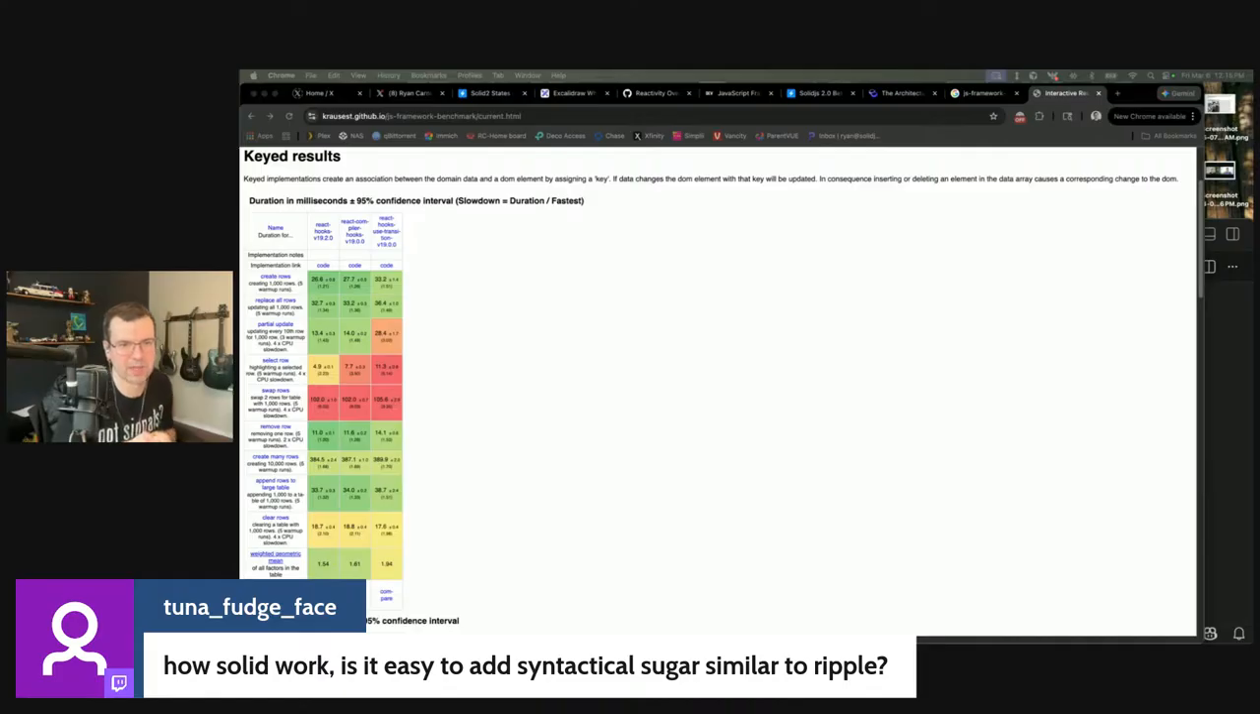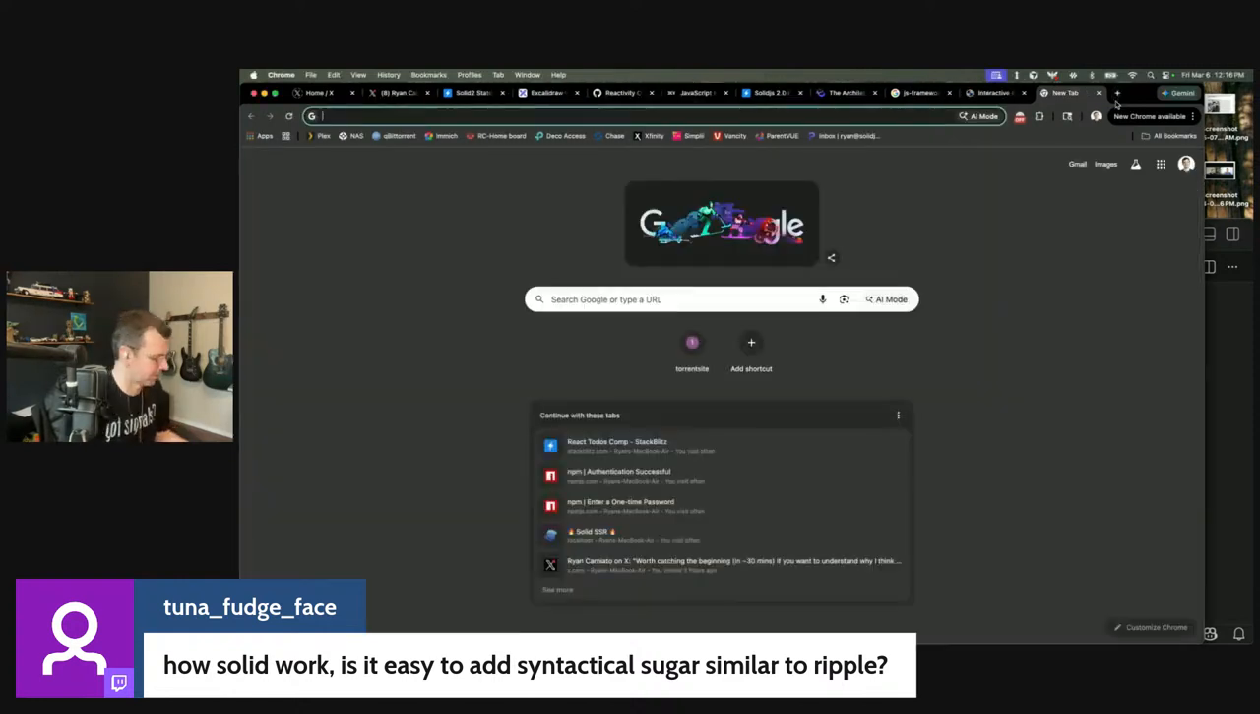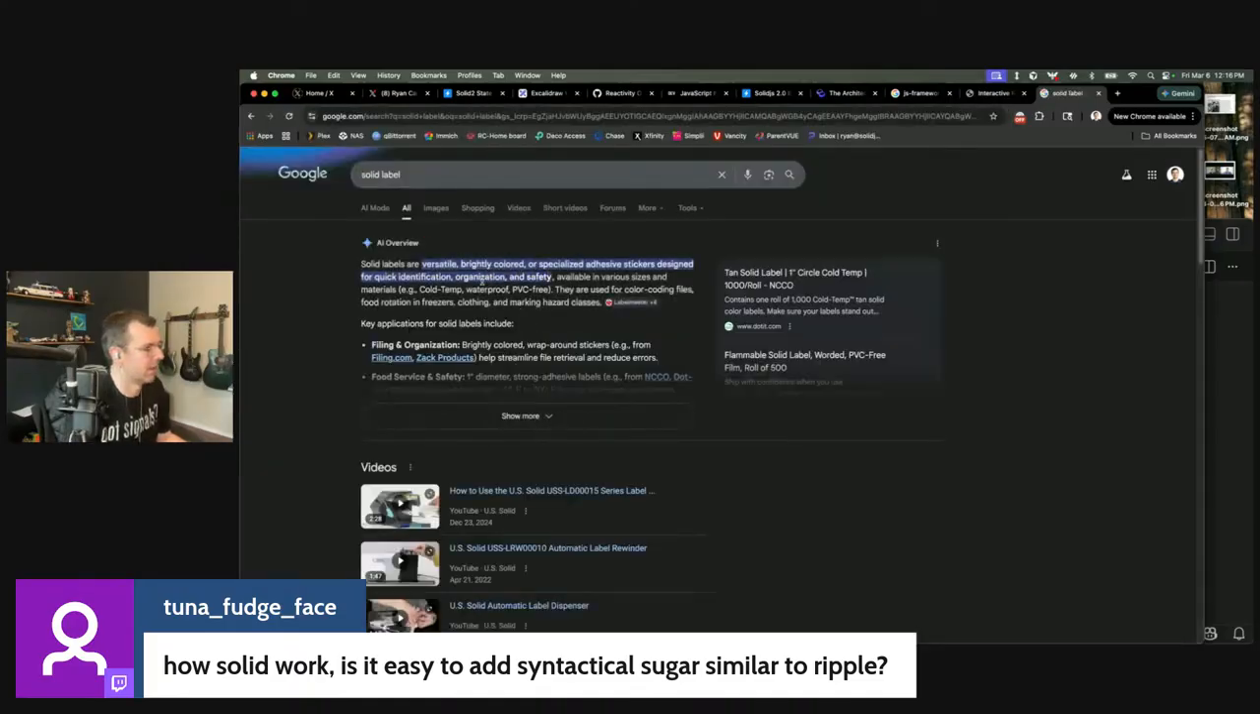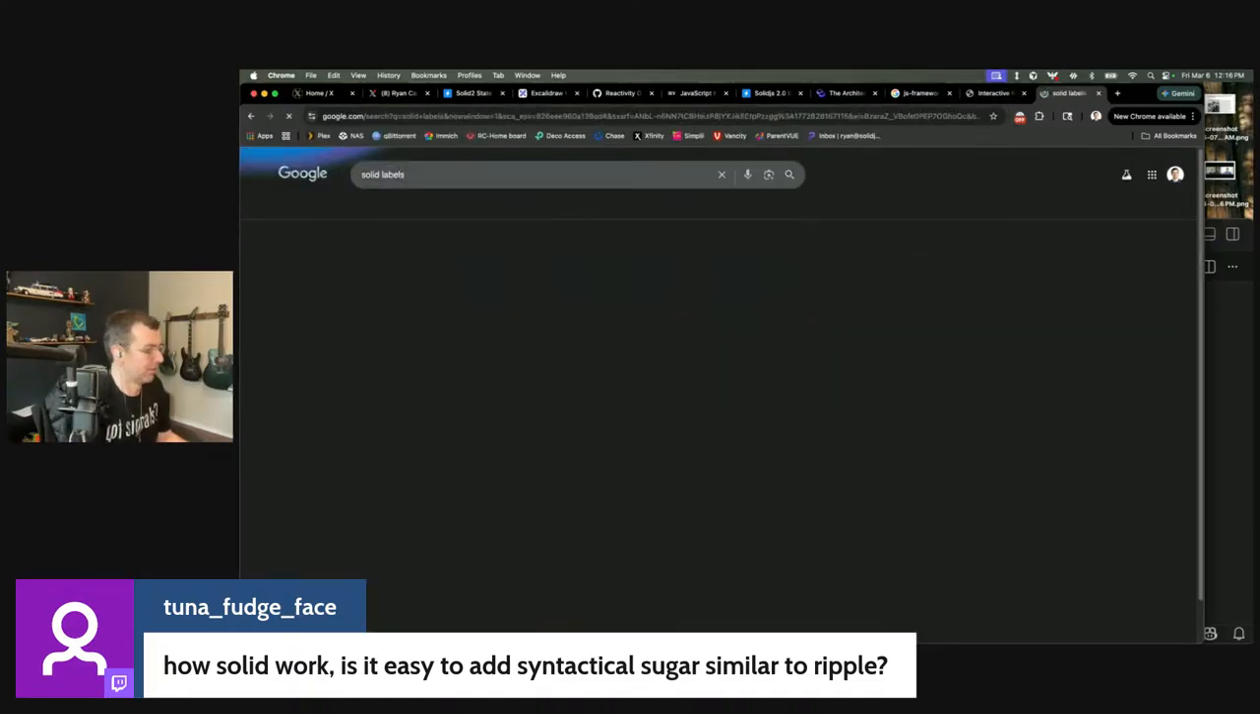How solid work is it easy to add single ripple? I mean, people have done this before. There's compiler things. So, like, was it solid labels? I'm gonna finish your other question in a second here. Solid labels,